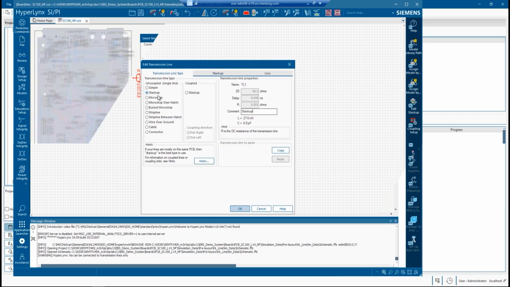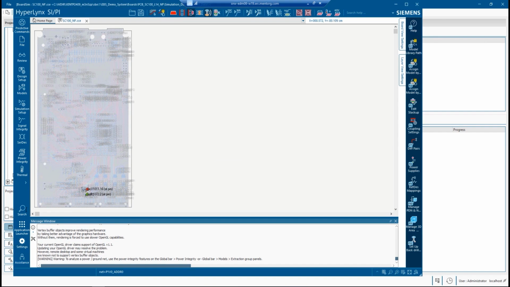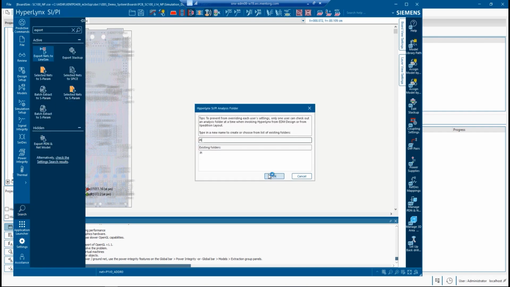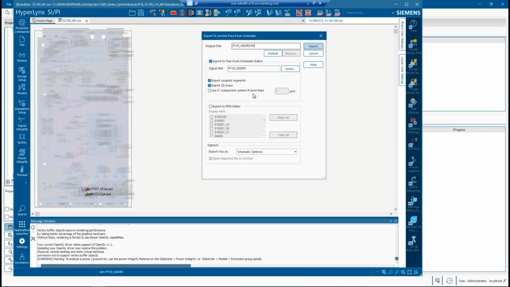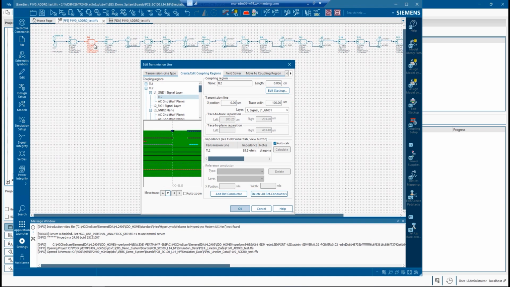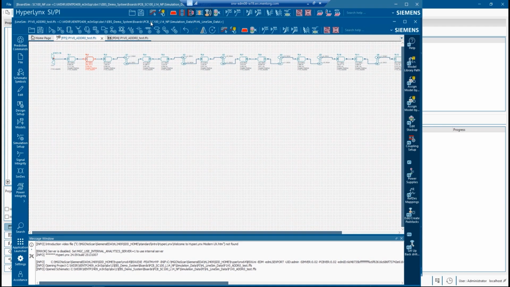When you export a net from BoardSim to LineSim, the user will now be prompted to store this as well in the data folder structure. The dialog box offers a default output file name that can be edited. This session is now being uniquely stored and managed by EDM because it's now exported to the HyperLynx LineSim data folder in the sandbox.